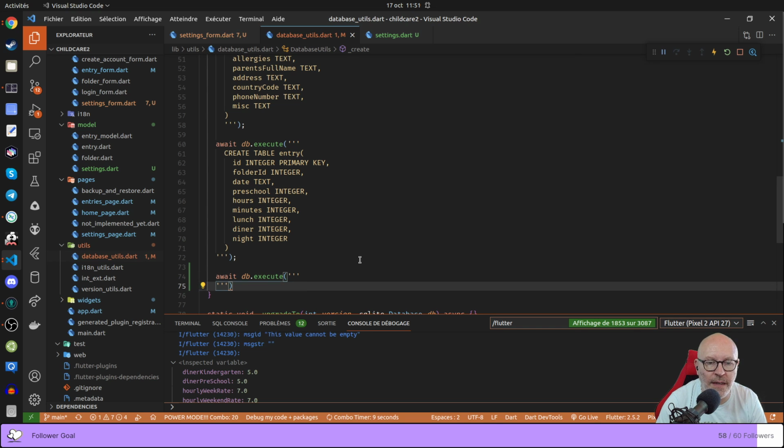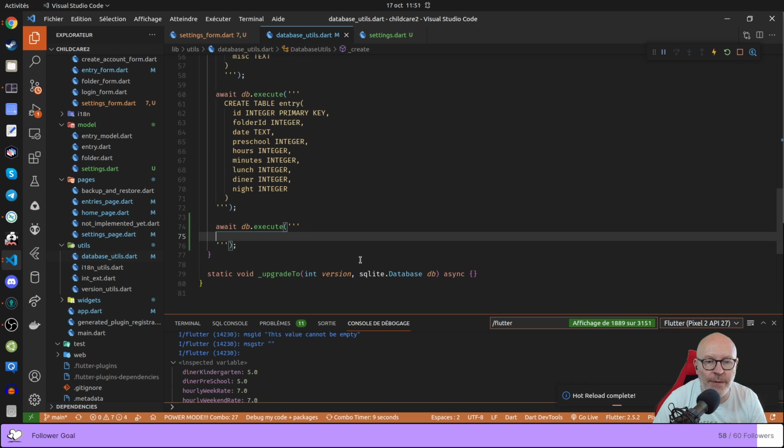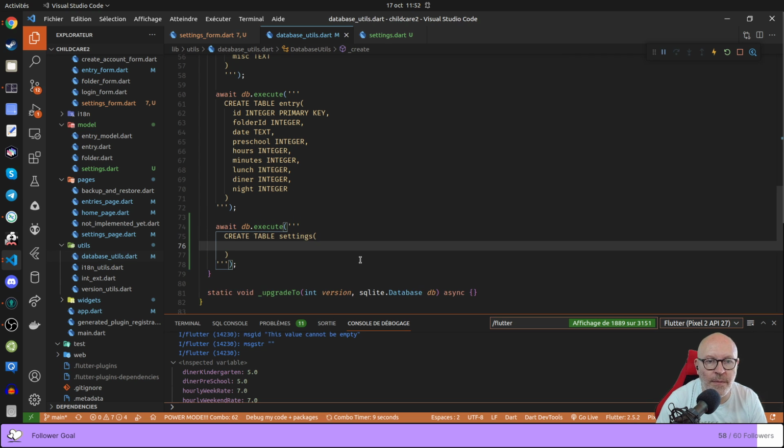They should be testing. So by recreating stuff, they're doing non-regression tests. Create table settings. This table is gonna have a